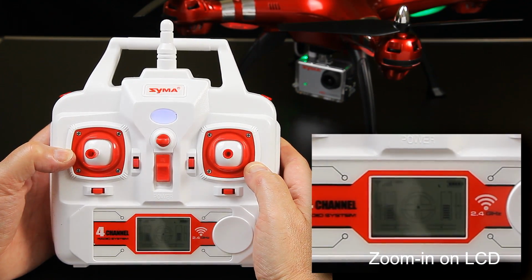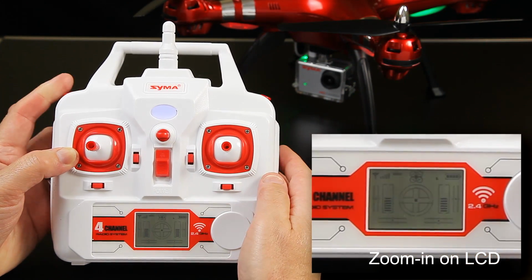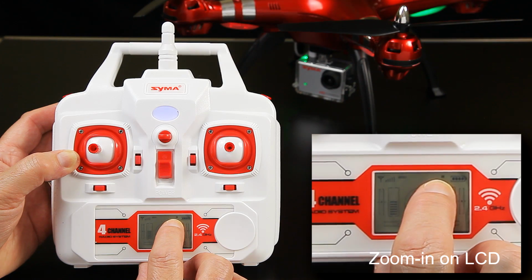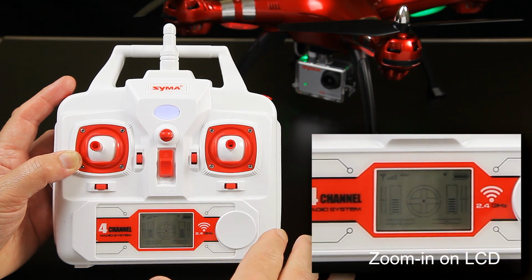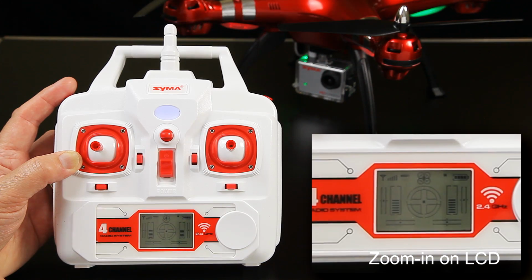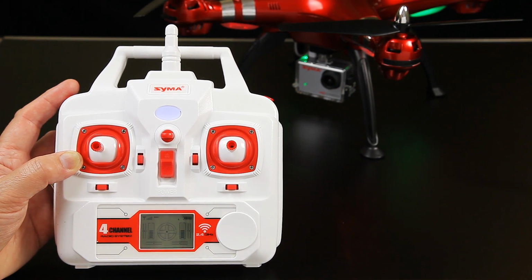If you want to change the rates, and it always starts in low rates, there's a little L here. You simply press this button once, and then you get a double beep, and it goes into high rates. So it goes faster, basically. The pitch will increase usually, and the pitch and roll, and the actual yaw usually increases as well. So if you're a beginner, start in low rates, and it's a good way to start anyway, to get familiar